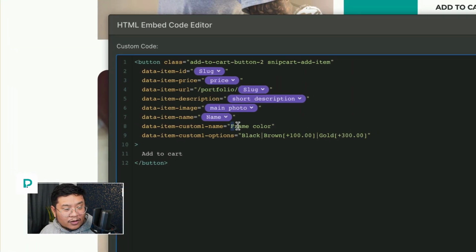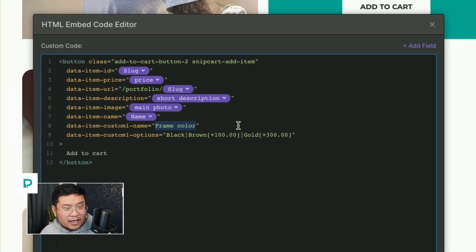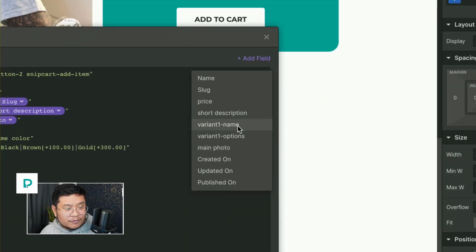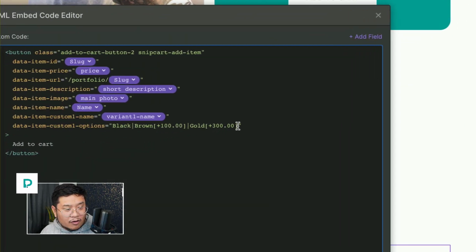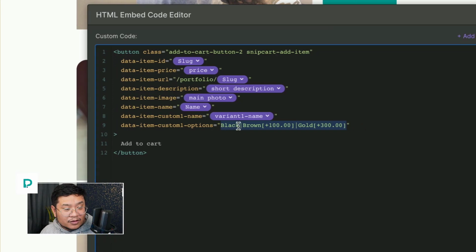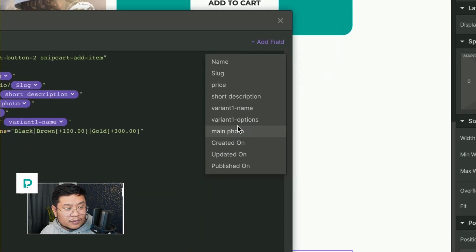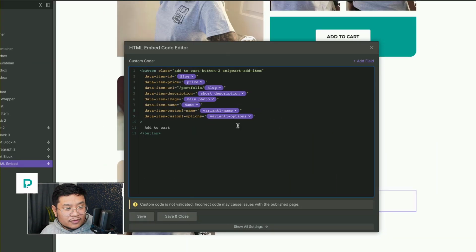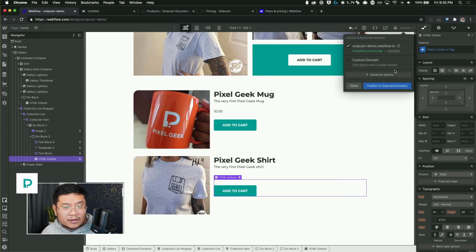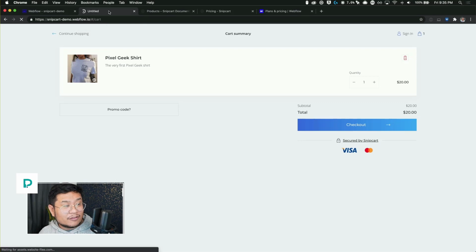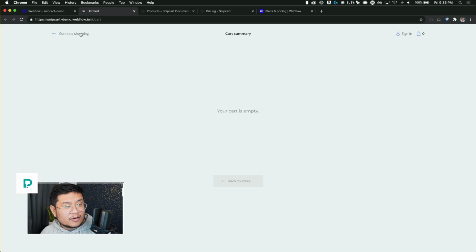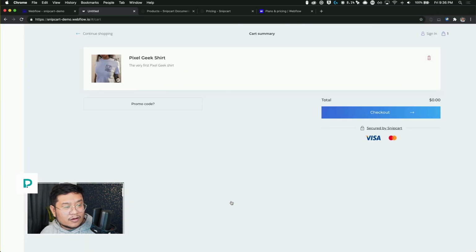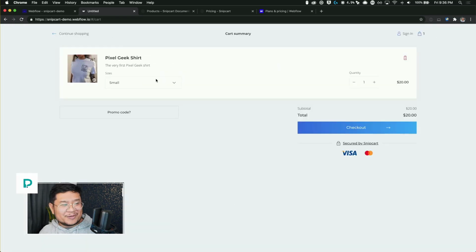The custom one name is going to pull from variant name, and all of my variant options is going to pull from variant options. Save and close, publish, and we're done. Refresh. Let me delete that one. Go back to shopping, add to cart. There we go. We got variants working, just like that.